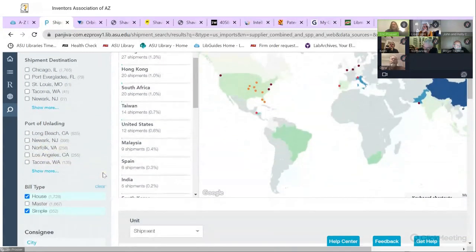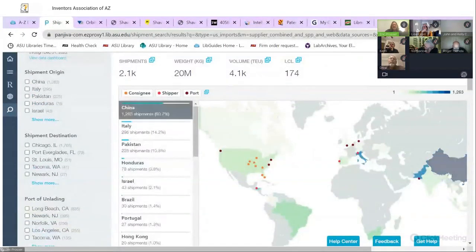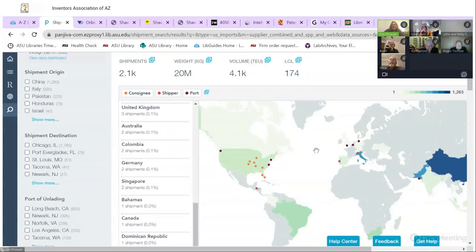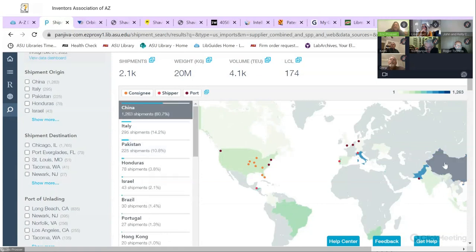I will say one thing, a warning about this database is that the data on China is old. China within the last 2 years has essentially depublicized their specific trade information in terms of what's going in and out of their ports. However, because most of the places China is shipping to still have public information about where the ship came from, it can basically be back-calculated what was coming from China in that time frame.